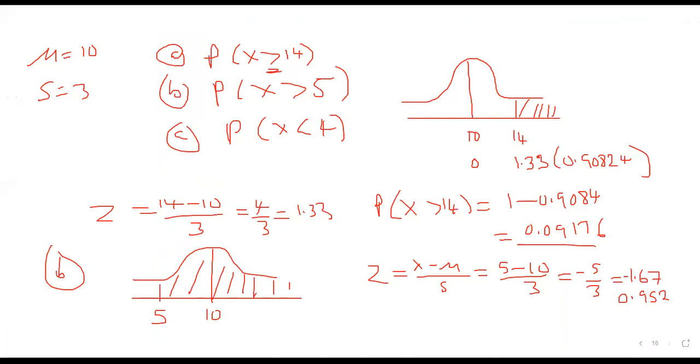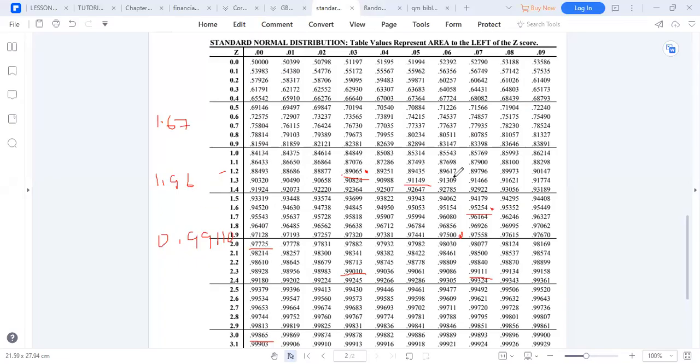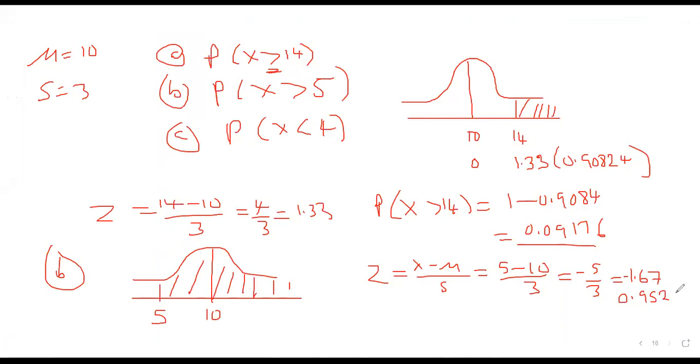Because all positive values have what? All positive values have numbers bigger than 50%. So here we have 0.95254. Since the area from here to there is big, we're going to take it as it is, 0.95254. Correct. Even if this is showing a negative 1.67, but if you want to use the other table on principle basis,